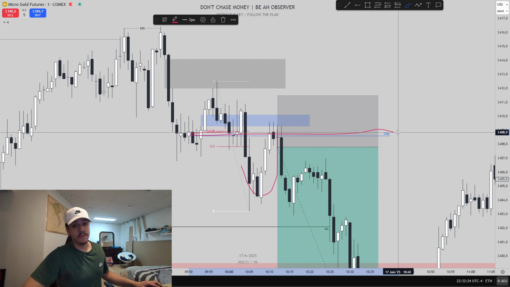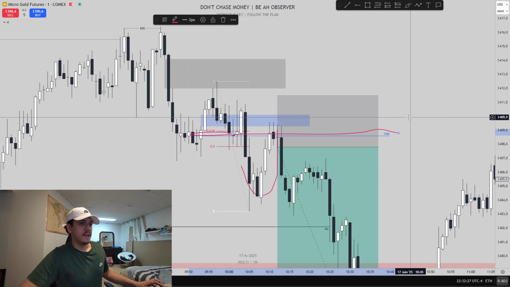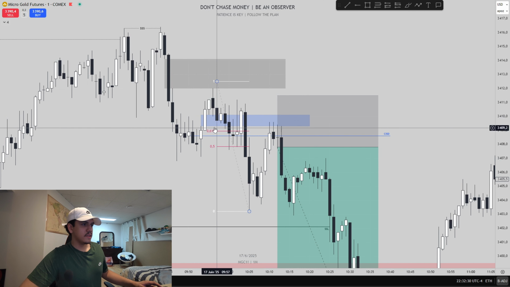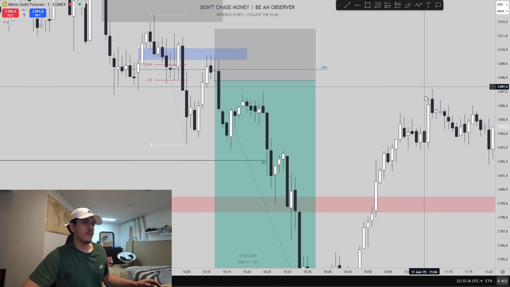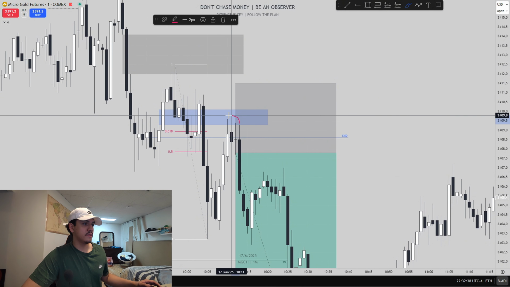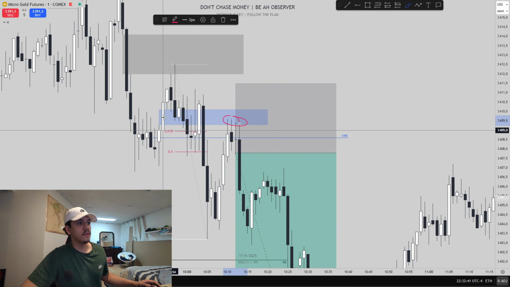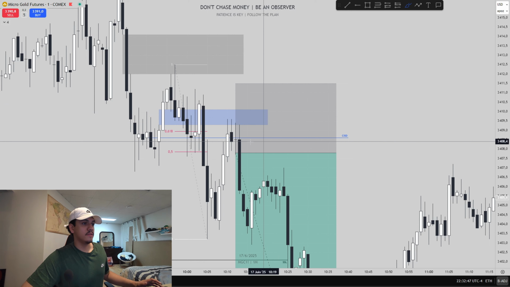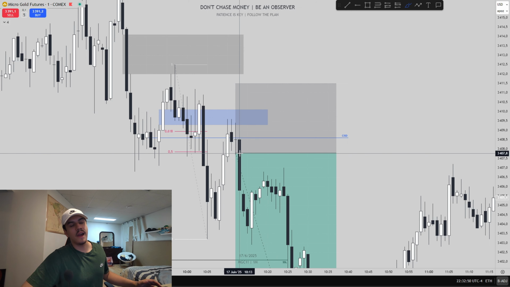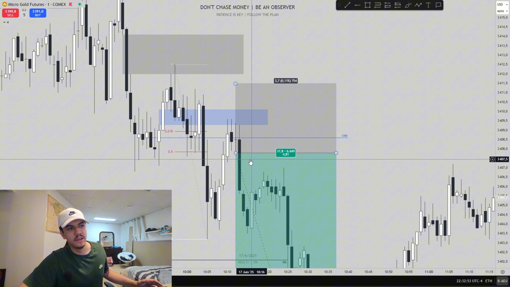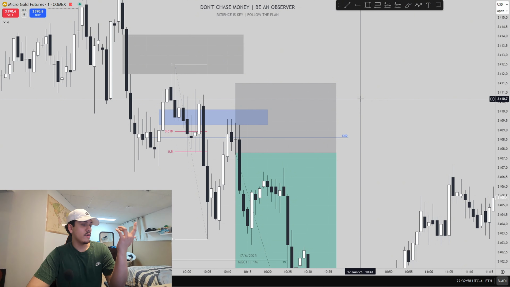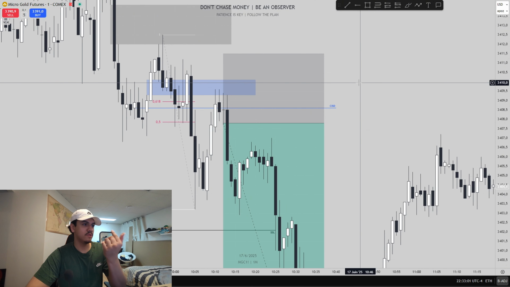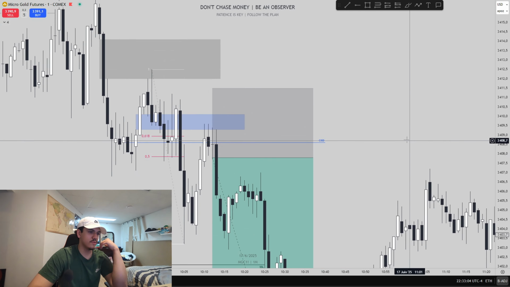I saw that it tests the 5-minute time frame change in state of delivery, and I saw too that on the 1-minute time frame there was an inverse fair value gap. As you can see, the price goes up and retests, like 4 wicks, on the inverse fair value gap. So on the third one there, when the price goes down like here, yeah, I know I entered a little late there, but after the price goes up right there, the price sells off, and that's where it goes down to my TP.